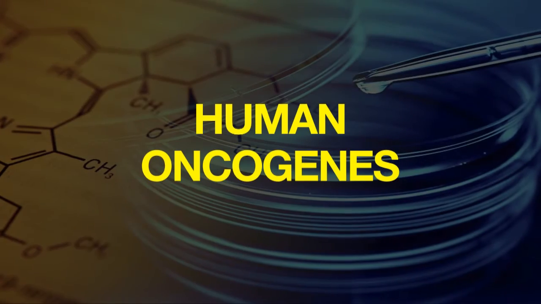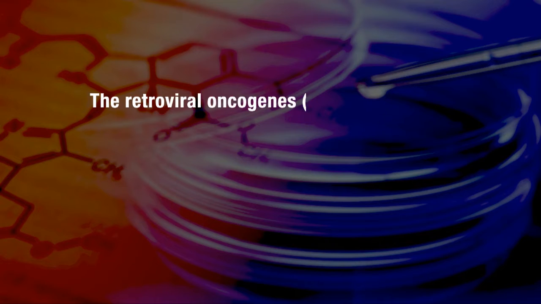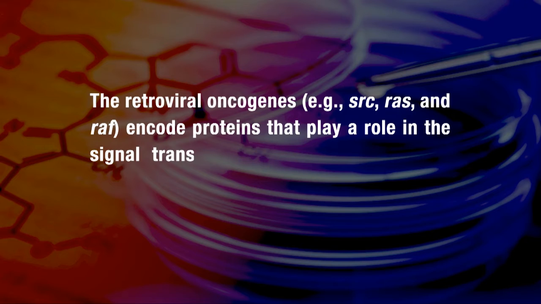Next are the human oncogenes. When the origin of the retroviral oncogenes was studied in humans, it was discovered that they arose from closely related genes of normal cells called proto-oncogenes. The retroviral oncogenes, for example, SRC, RAS, and RAF, encode proteins that play a role in the signal transduction pathways